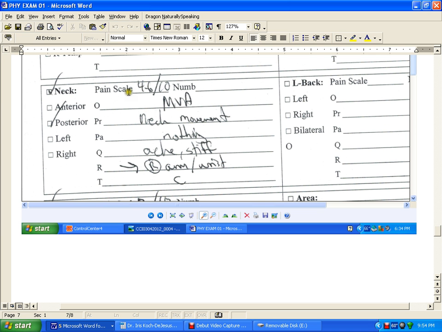Now we look at the pain scale after that. And 4 to 6 means moderate to moderately severe intensity with neck movement. That's what that first PR is, that's with neck movement. Period. Then the next sentence would be the pain is described as